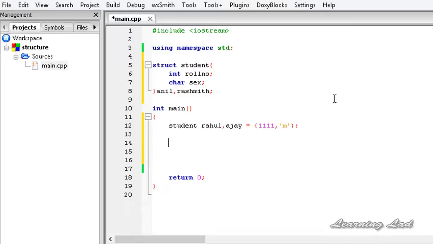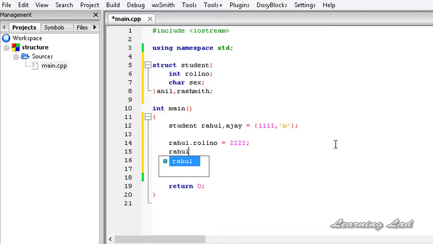Another way includes the dot operator. A dot operator in a structure is used to access the structure members. So if we wanted to access the structure member roll number, then we need to write the structure variable name, let's say Rahul, then we need to use the dot operator, then specify the member name, roll number, then the assignment operator equal to, let's say a value of 2222, and again I'm going to use Rahul dot